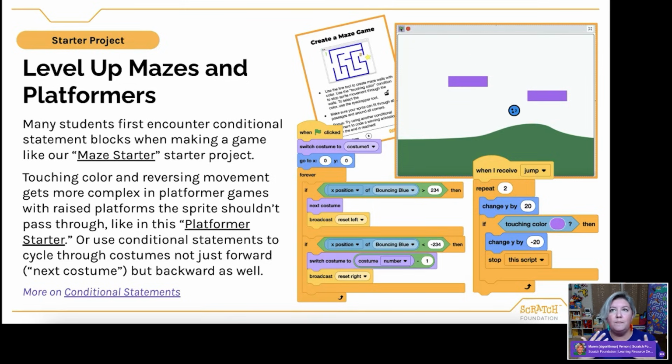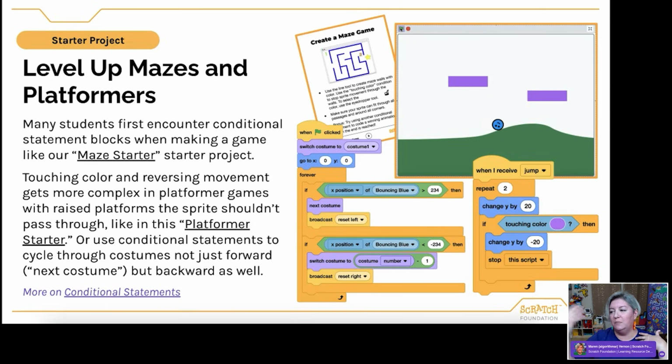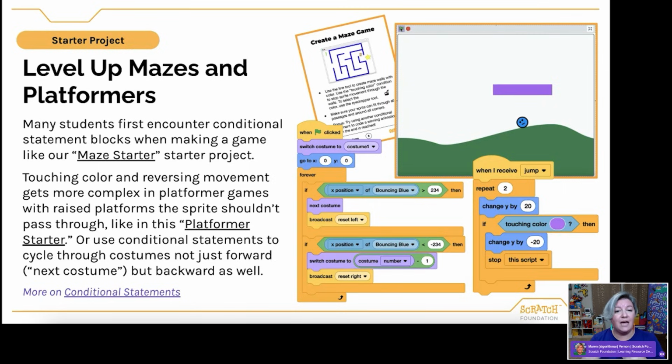Part of getting something out in the world is that even if it's still a work in progress, even if it's not quite polished yet, I think it's really important to be able to share, to be able to look inside of others' projects and see how they approach something, because maybe that will give me an idea about how to change my own project. And so that in itself is a leveling up opportunity, a way to break down someone else's code and engage with that as you're trying to debug your own or think about how to iterate and make improvements on your own project. It's just, I think, a really invaluable exercise that I always encourage.